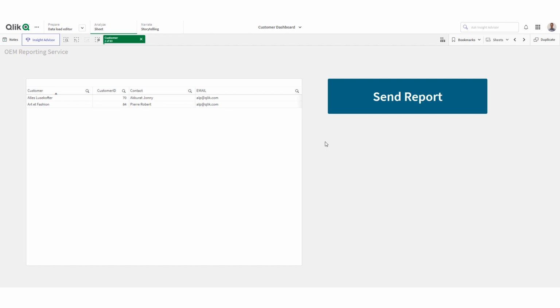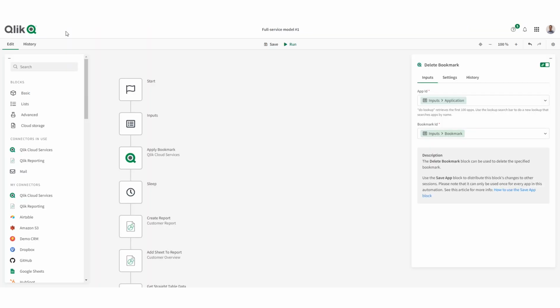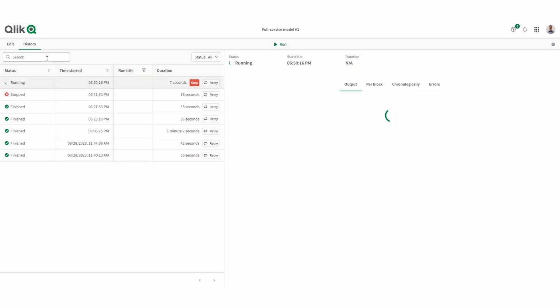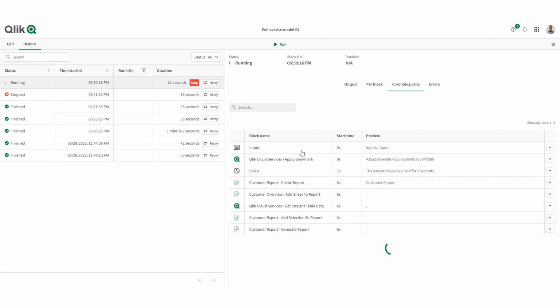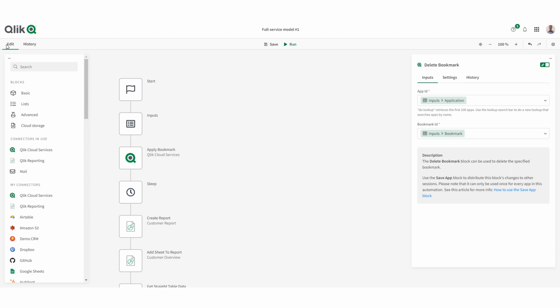When I click the button, the reporting automation will run in the background. We can see this in the history details. We can explore the different blogs and preview the results for each of them. While this is running and while we wait for the automation run to finish, we can look at the editor